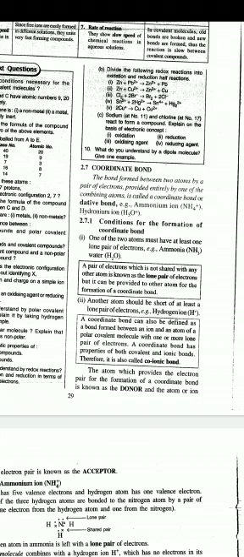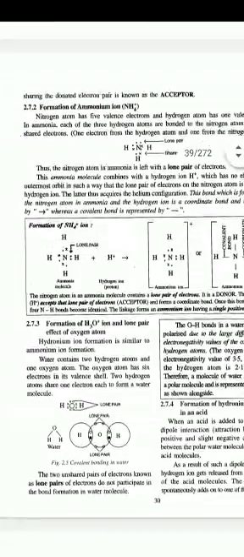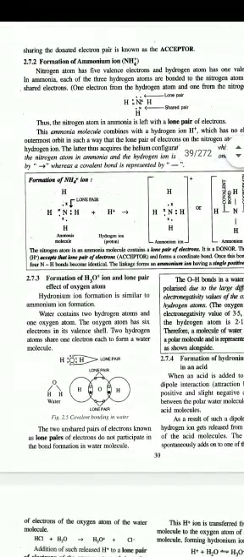What it means, children, is that one atom has an extra pair of electrons and another atom requires a pair of electrons. The atom which provides the electron pair for the formation of a coordinate bond is known as the donor, and the atom sharing the donated pair of electrons is known as the acceptor.